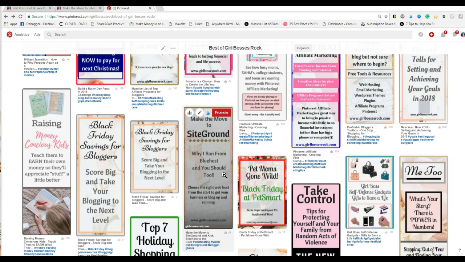So if you're going to go back and update older blog posts, then just do the same thing. Whatever pins you add to it, go in and go ahead and schedule it right then and there, and then go into Tailwind and schedule it out for the other